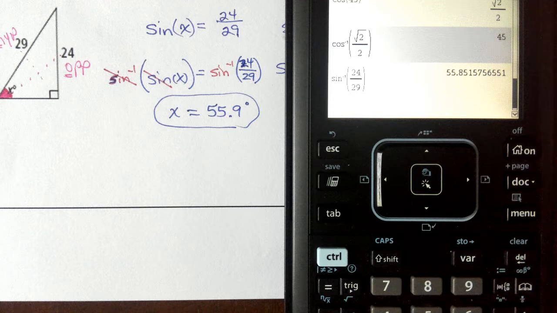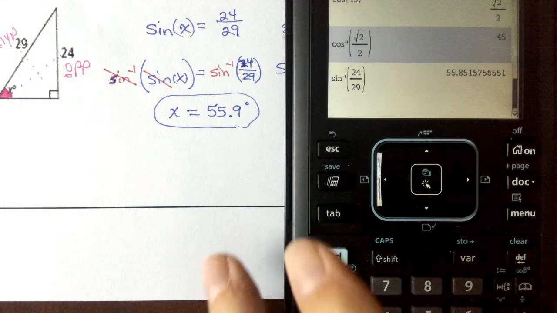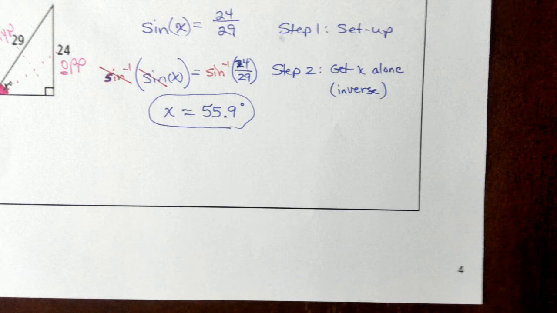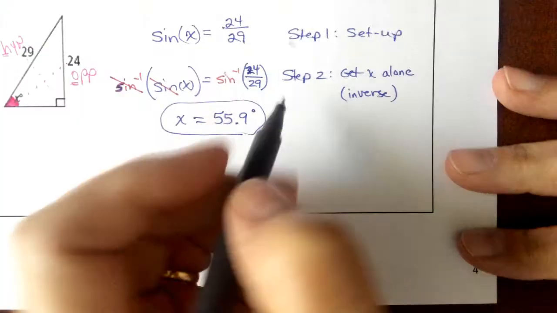So really you can do this in 3 steps. Set up, take an inverse of both sides, and then do the number crunching in the calculator. No more, no less. The same number of steps every single time, same steps every single time. So I should probably write down here, step 3,